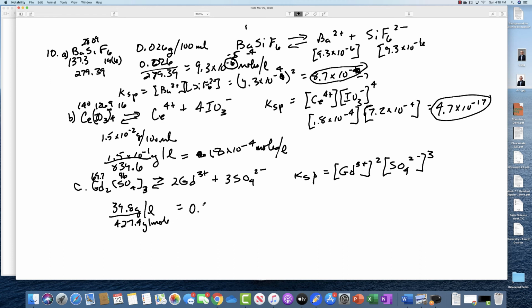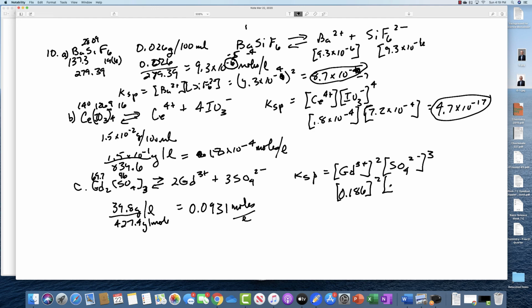This concentration is 0.0931 moles per liter. So we put 2 times that for gadolinium, which is 0.186,